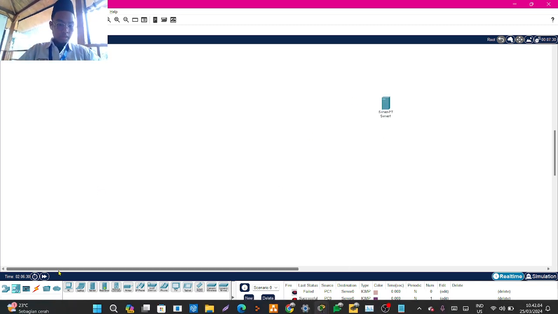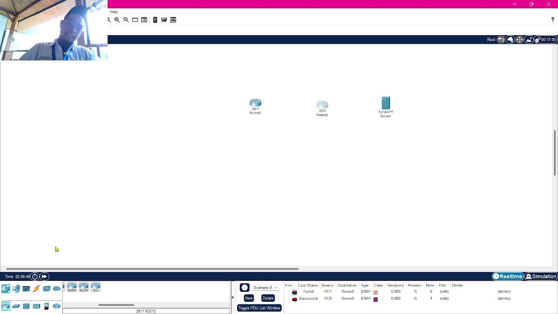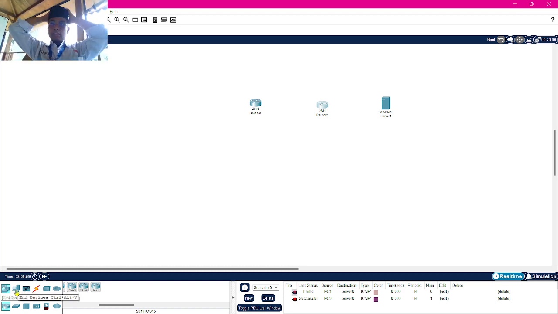The second step is to add the router behind the server. I use the type 2811, sorry, 2811. Then, once you have the router,